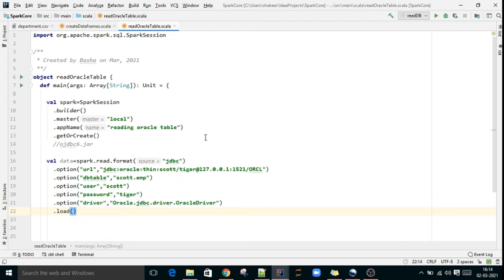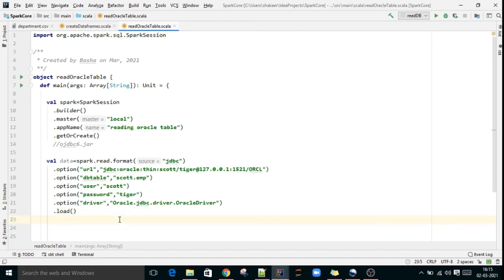For each phase these credentials will vary, and we cannot hard code production credentials, because other people should not see them. So we will create all these variables, like URL, user, password, driver, in application.properties, and mention those variable names here using the dollar symbol.